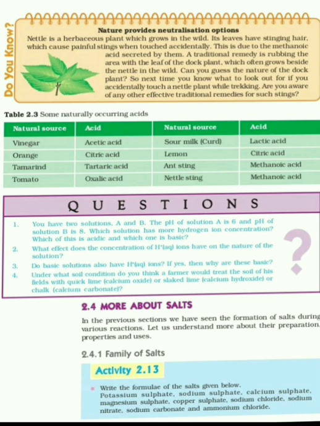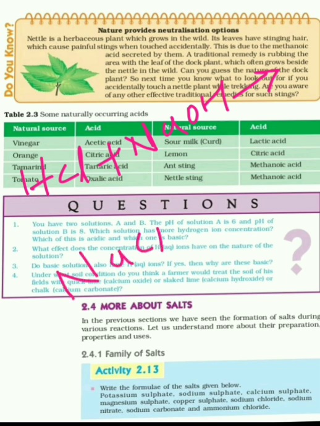We know that salts are obtained by the reaction between an acid and a base, that is, due to the neutralization reaction. So these salts have the positive ion of the base and the negative ion of the acid. We will see one example. When HCl reacts with sodium hydroxide, it will form NaCl, common salt, and water.